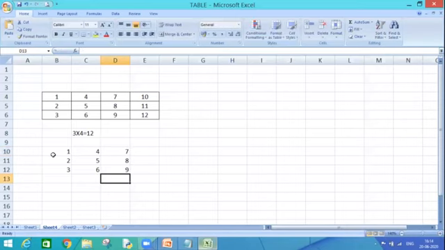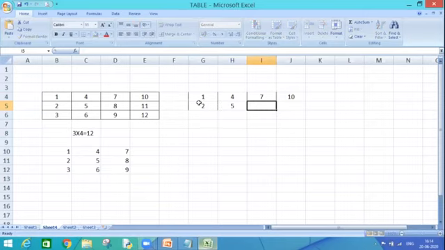But this type of entering data cannot take place in HTML. How do I enter the data in HTML? Let's see. 1, 4, 7, 10. Then second row, 2, 5, 8, 11.